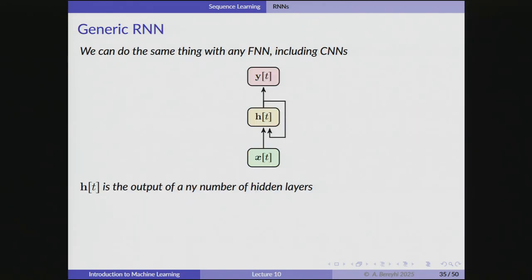Now, if you want to think about a generic recurrent neural network, as I told you, you can put here instead of H_t any architecture, right? You can use CNN, you can use MLP, you can just use ResNet with a skip connection. You can use anything. As long as you have this recursion through time,